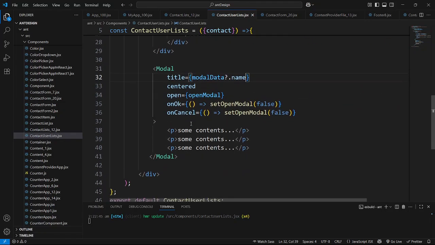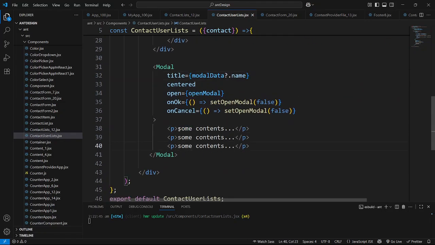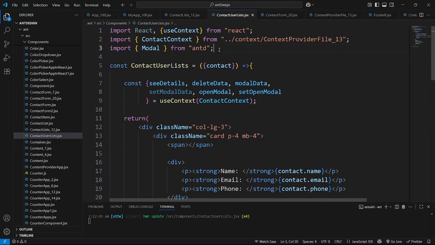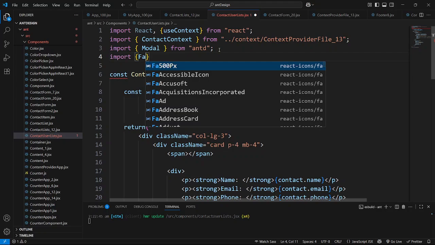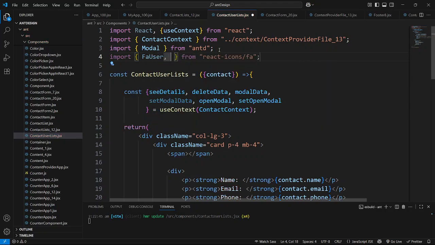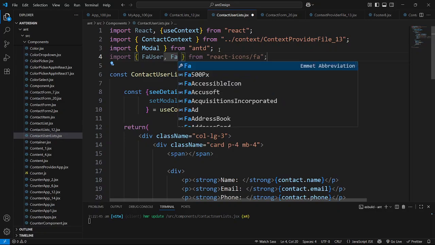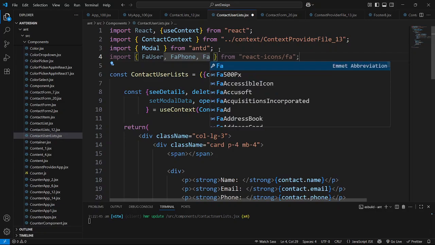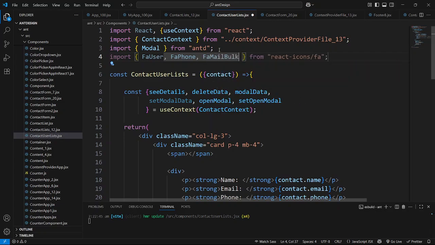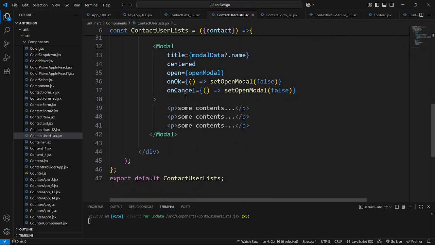Okay, so now we will just use the icon also from React only. So import, for user, and I'll say here phone, far phone. I'll just say here far mail bulk. Okay, this is it. So just copy this file user component from here, and